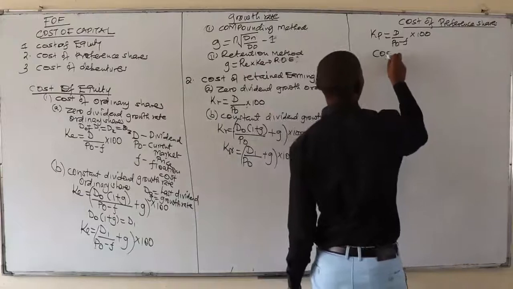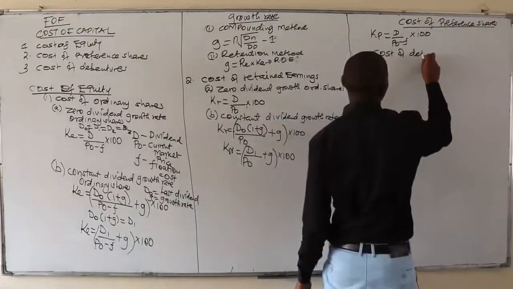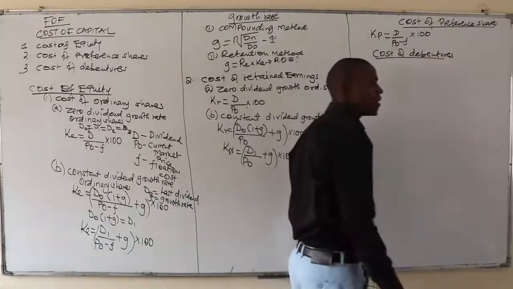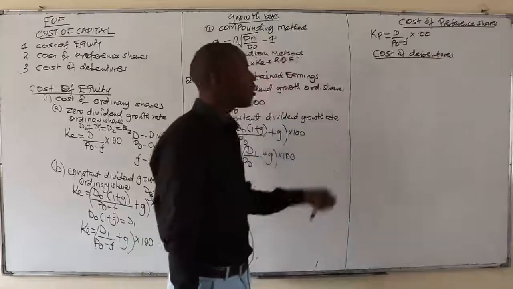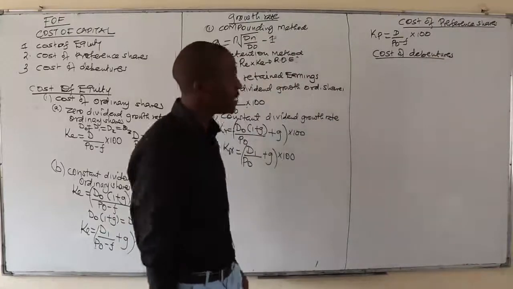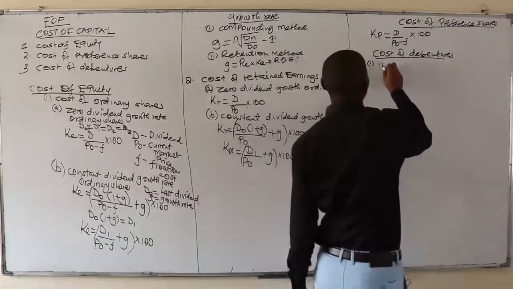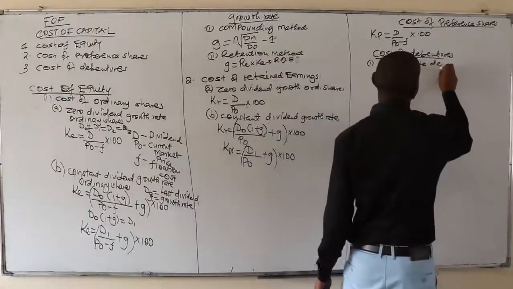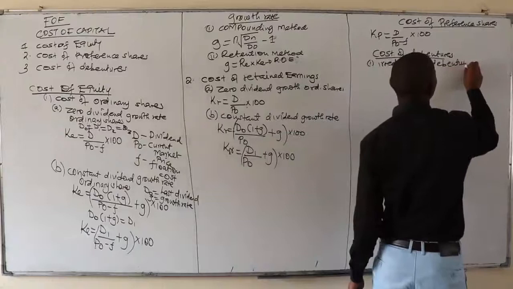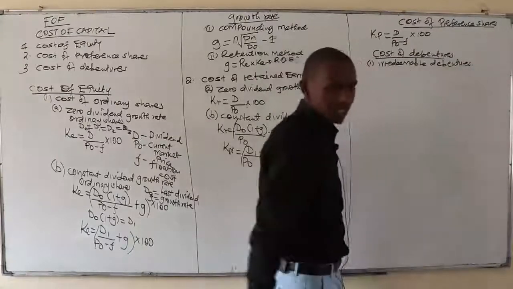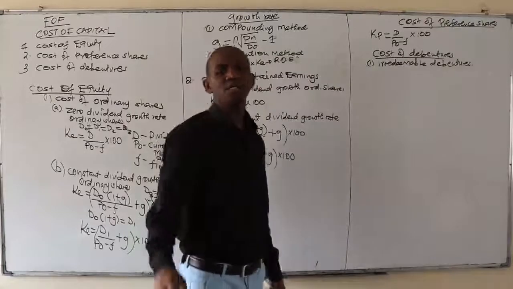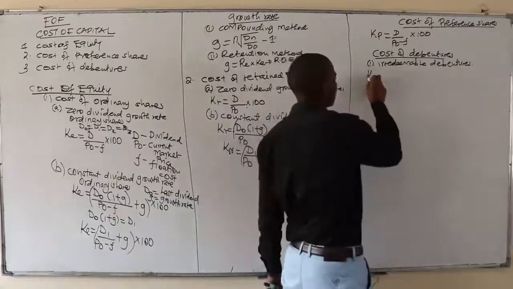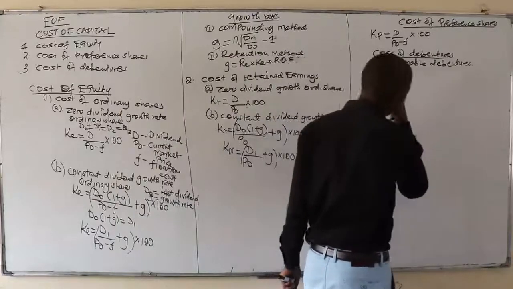And the last one is now the cost of debentures. Debentures are also just like loans or bonds. Therefore, in this case, to compute the cost, it will depend on the type of debenture. There is what we call the irredeemable debentures, which are those debentures that do not have a defined maturity period. That means there is no way the company will buy them back again. In that case, to get the KD, which is the cost of debenture,